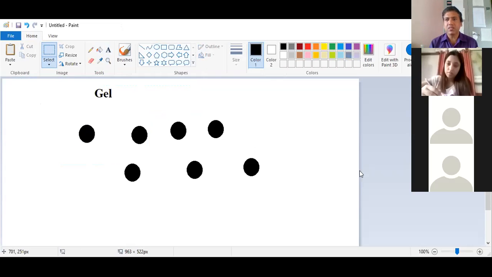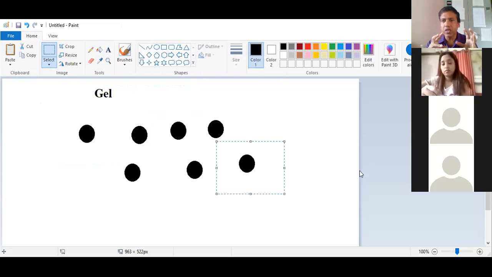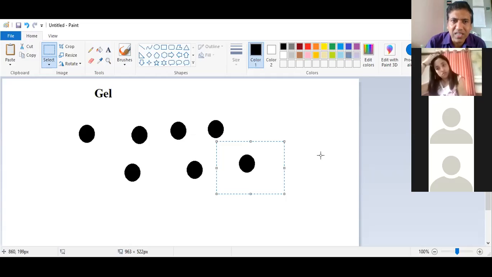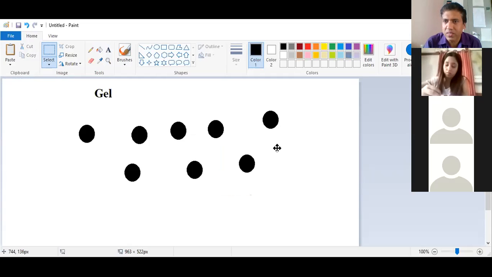Now it depends upon what type of gel you are using. Are you using agarose gel for DNA, or acrylamide gel, which is mainly for protein and RNA or small DNA molecules? Agarose gel is mainly used for DNA and RNA. Whatever it is, we'll discuss it in the next class. In the gel solution, you have monomers, and these monomers will join together and form a polymer like this.